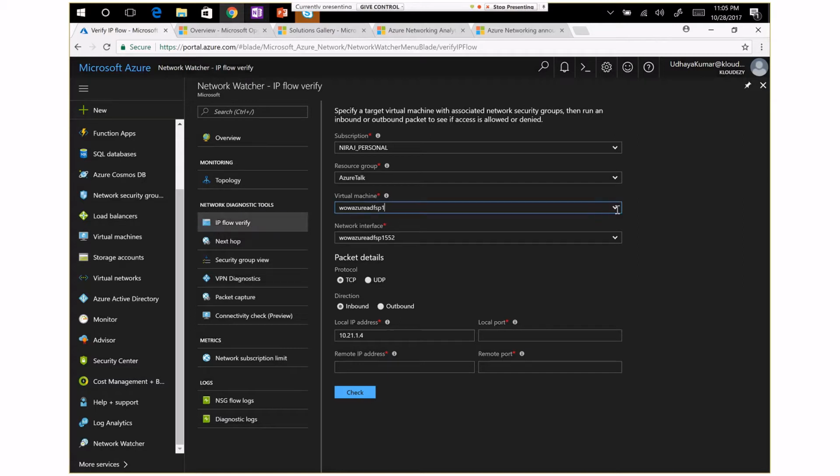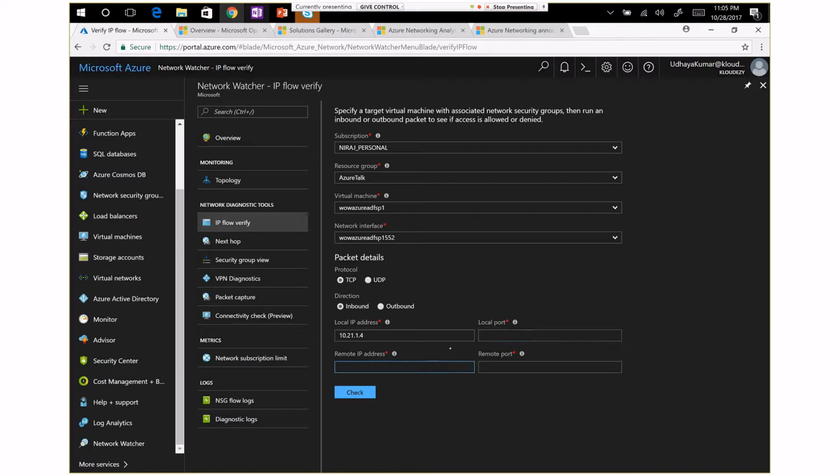You can enable Network Watcher in all the regions. I mean, you have to enable it region by region. But you can enable it for the entire region using Network Watcher, but there is monitoring and the activity logs there is